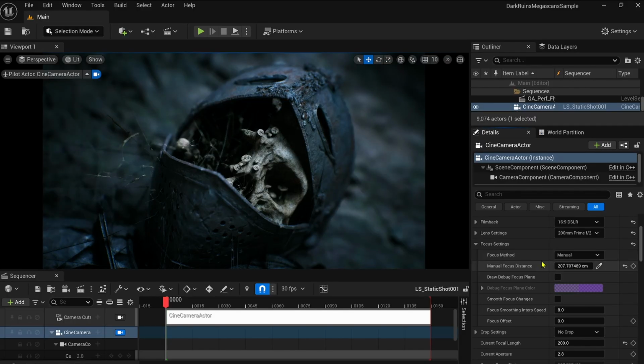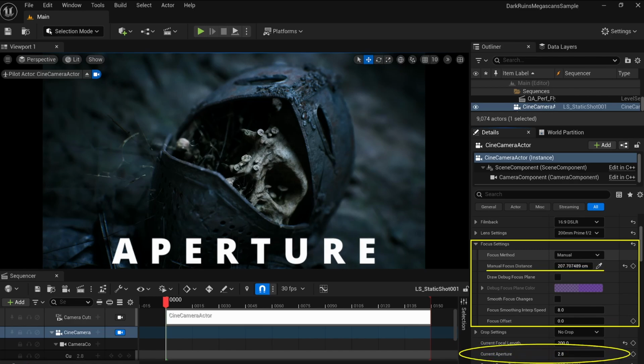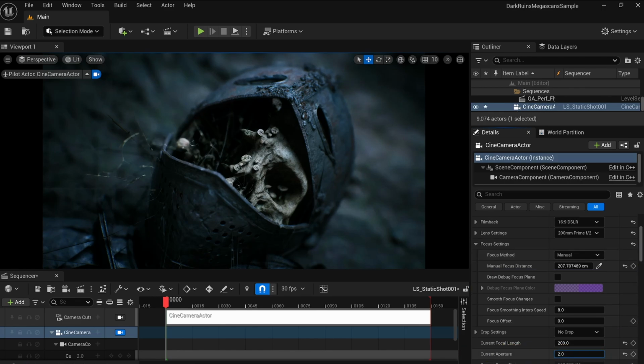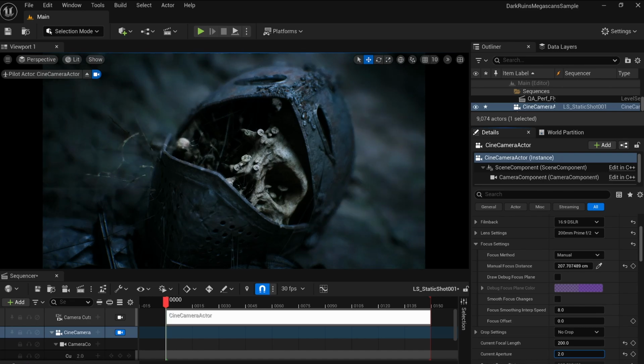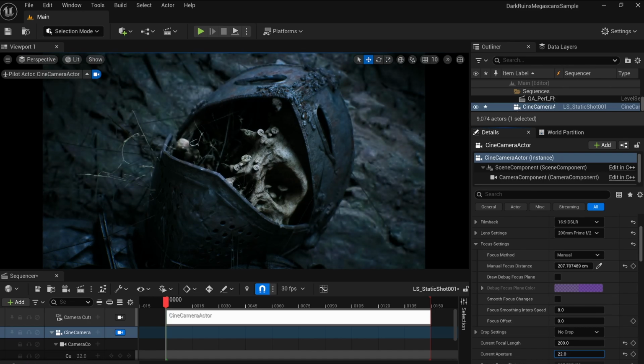That's a great start, but how does depth of field actually work? And how can you refine these settings, especially when using all the lenses? Let's dive in. You can't really adjust the focus distance alone to achieve a good depth of field. In fact, getting the right focus depends heavily on another key parameter, the aperture. If you tweak the aperture value, you'll notice that it directly impacts the intensity of the blur effect in your scene. You might also observe there's a range of clamped values from 2 to 22 with the 200mm lens that you can't overwrite at the moment.